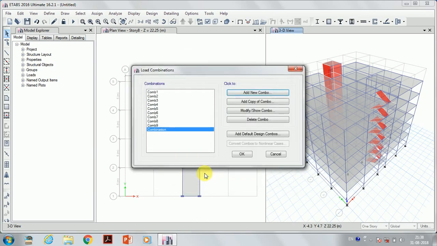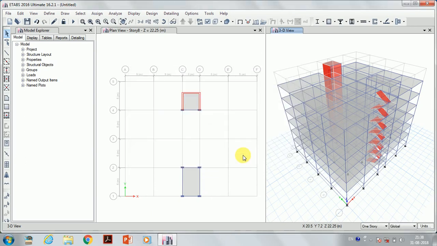So see, all the combinations are ready. Press the button OK. So now the load combinations are done, and thereafter we will see the